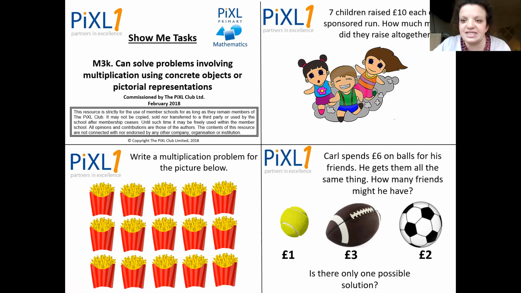And Carl spends £6 on balls for his friends. He gets them all the same. How many friends might he have? So if he gets this ball, how many friends would he have if he gets them all this one? If he gets them the rugby one, how many friends does he have? And if he gets them the football, how many friends does he have, which make £6? Have a go, pause the screen and send your answers to year